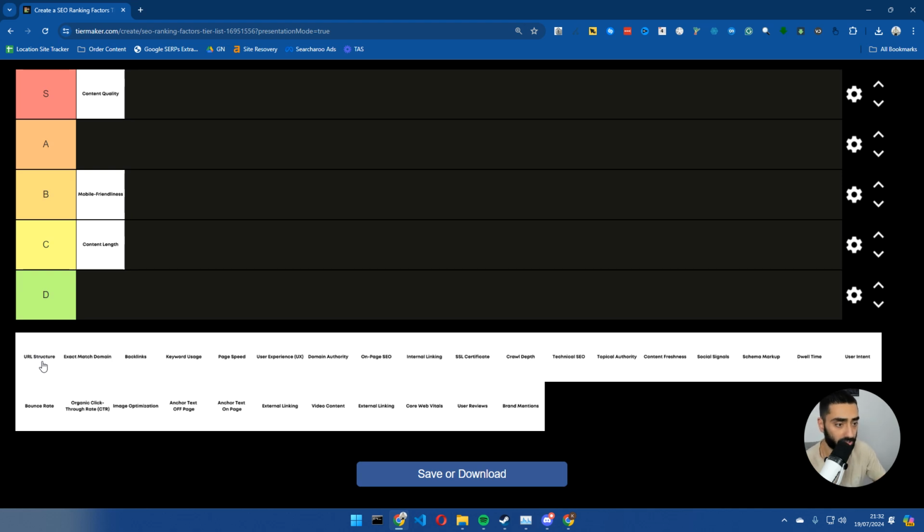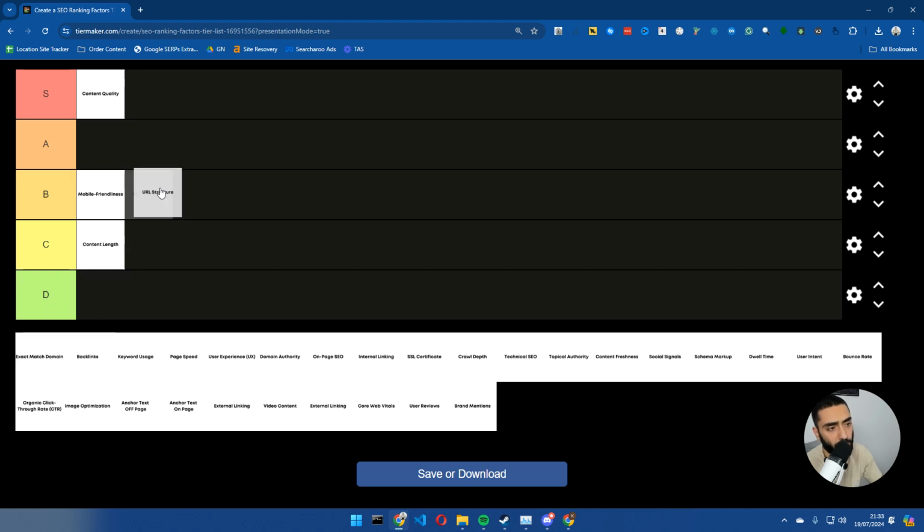So Google understands that you are in the credit card silo, and it just understands it a lot better. But would I say that this is an A or a B ranking factor? I'm probably going to go with B for now. I might decide to move this further down in the ranking factors.